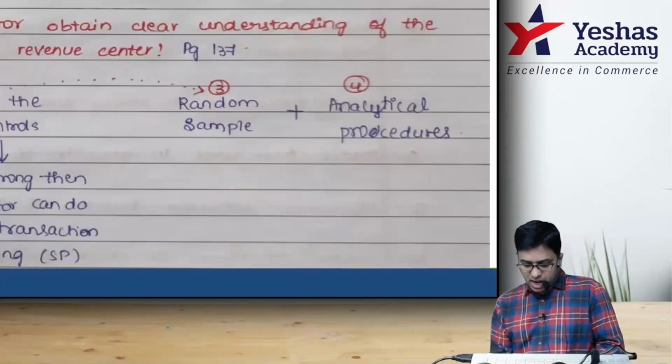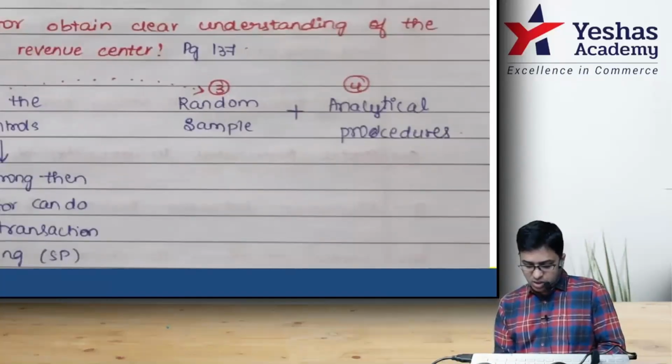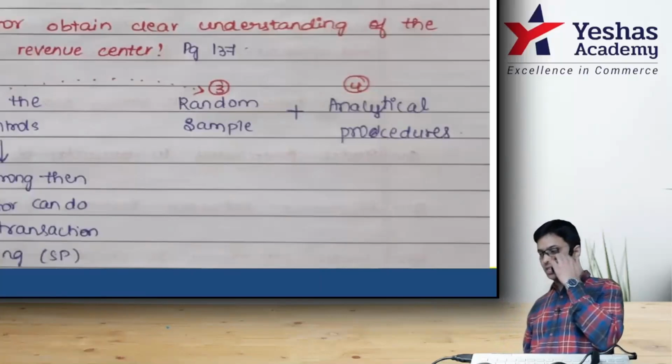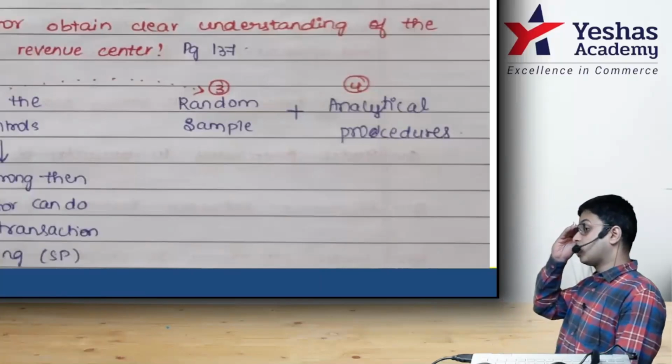Building a sales expectation and comparing with that of the client's sales records. The auditor will need to know the sales price of the products or services over the year, monthly average sales price per product or service, and the discount policies. All these things are audited. Okay, easy to understand this part here.